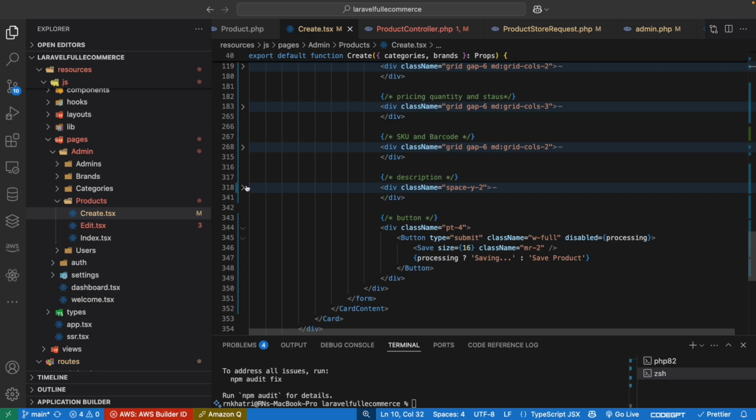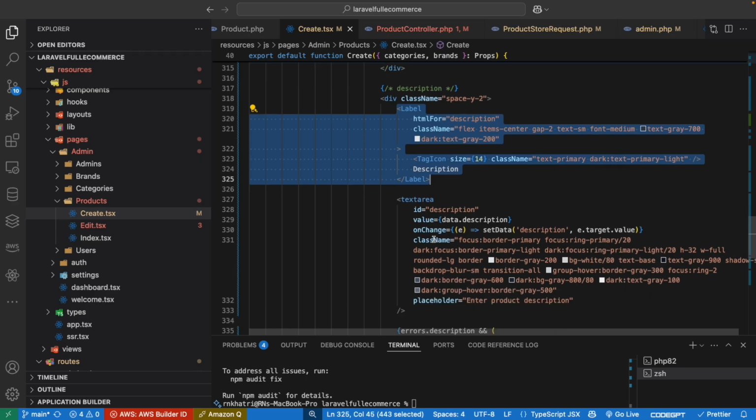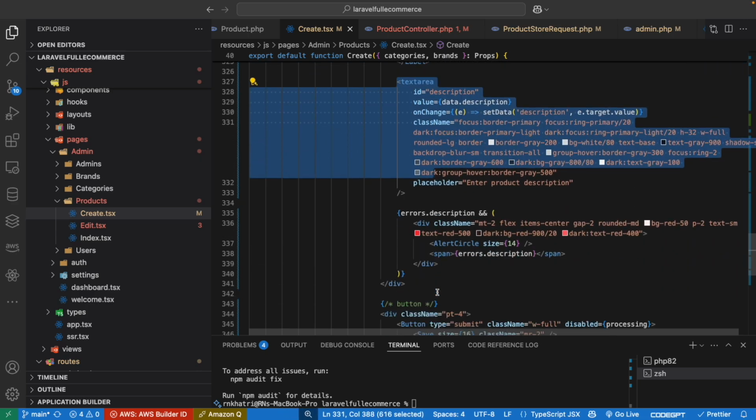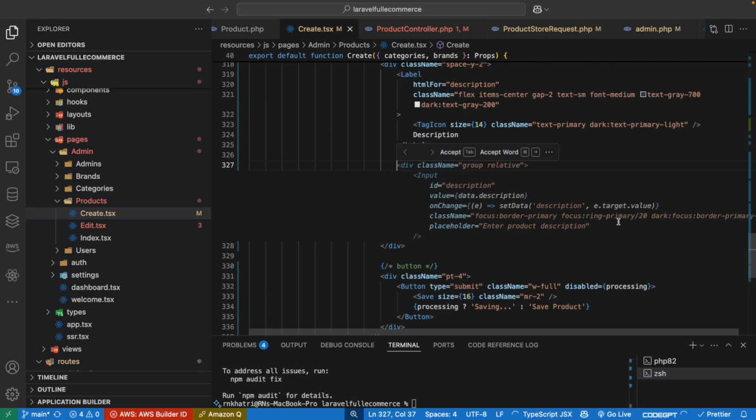Let's see, this label we already have. We only need the text editor section here, editor. Okay, let's tab,